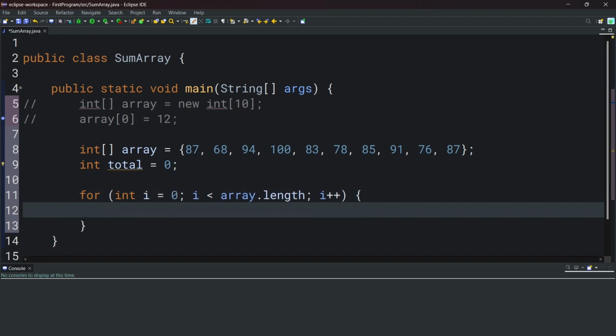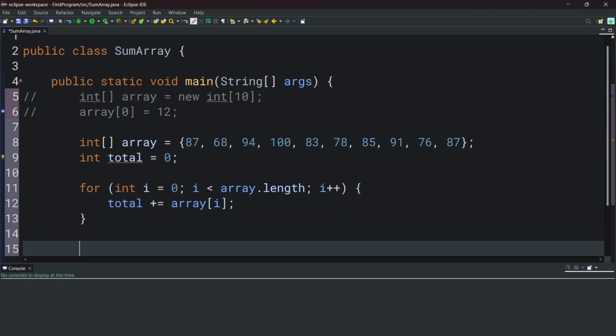Now inside our for loop, we're going to have total plus equals array, and in square brackets, we're going to give it i. So what's going to happen here is in the first iteration, it's going to access the first element of array, and it's going to add it to our total. It's going to do this until it gets to the end of our array. Finally, we can print out our total using